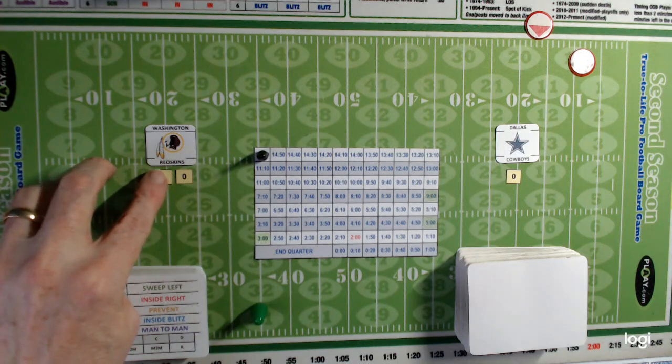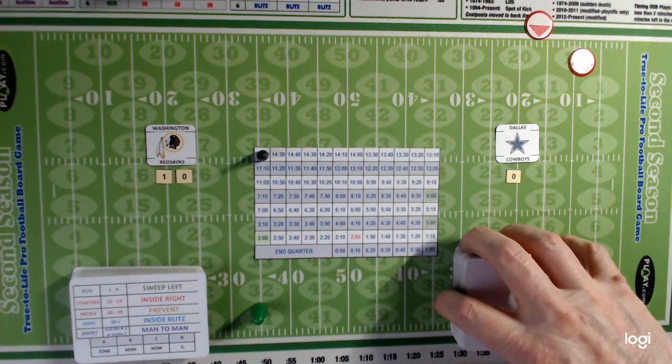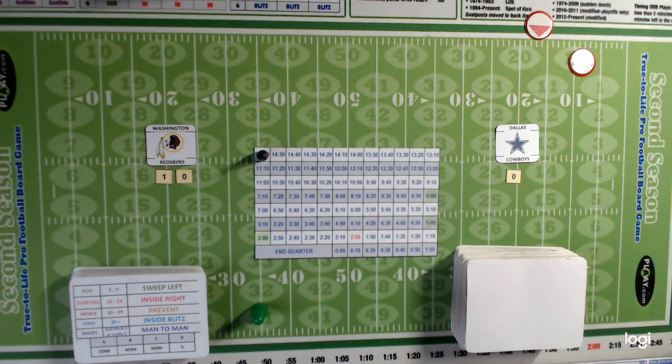So this is the first week of the 85 season, which is going to be my project running alongside the college one and done. And the way I'm doing this is I'm playing all the games that are not Monday Night Football using Game Winning Drive, and if anybody wants to see me play some games with that, just let me know and I'll do a couple of games from one of the weeks. But the Monday Night Football game will be the one that I'm playing Inside Blitz with,